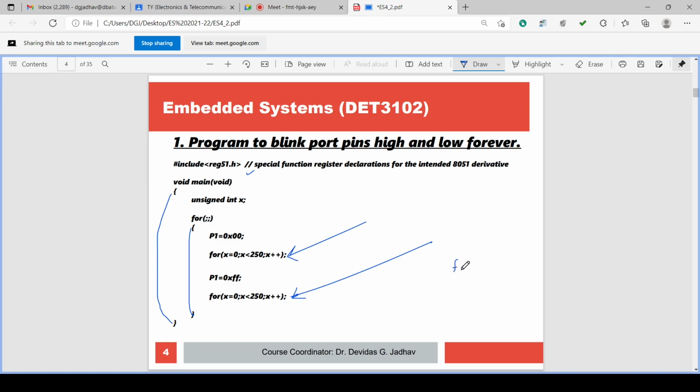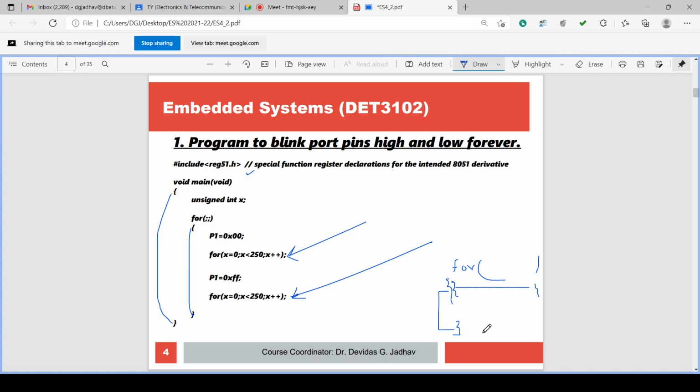So as we know, the for loop construct is for with a round bracket, in which we are having the initialization, condition checking and increment. And after the for loop, whatever single instruction or block of instructions is there, that will be executed along with the for loop till the for loop finishes looping. So this is either a single instruction, or if curly braces are there, then a block of instructions is executed along with the for loop.